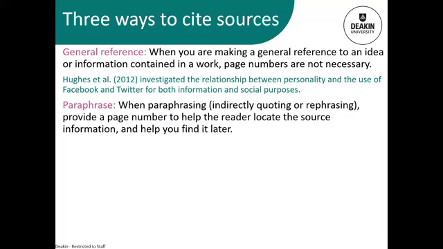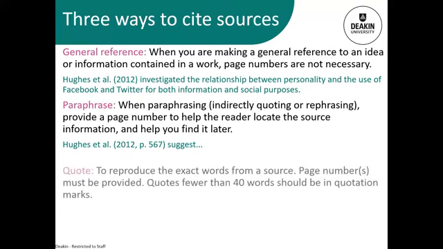The second way to cite is a paraphrase. This is where you're taking an idea of another author and rewriting it in your own words and writing style. Because a paraphrase refers to a specific passage of text, most usually 40 words or less, you are recommended to include the page number in the citation. In this example, the citation's at the beginning of the sentence, and the focus in this sentence would be on the source or the author.